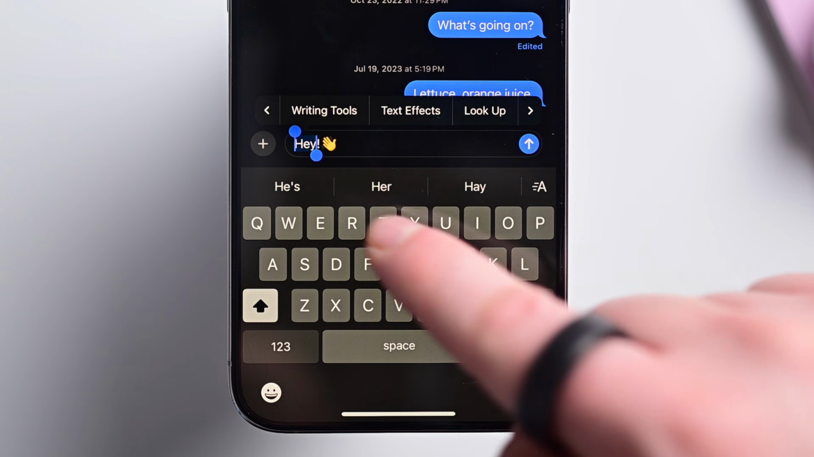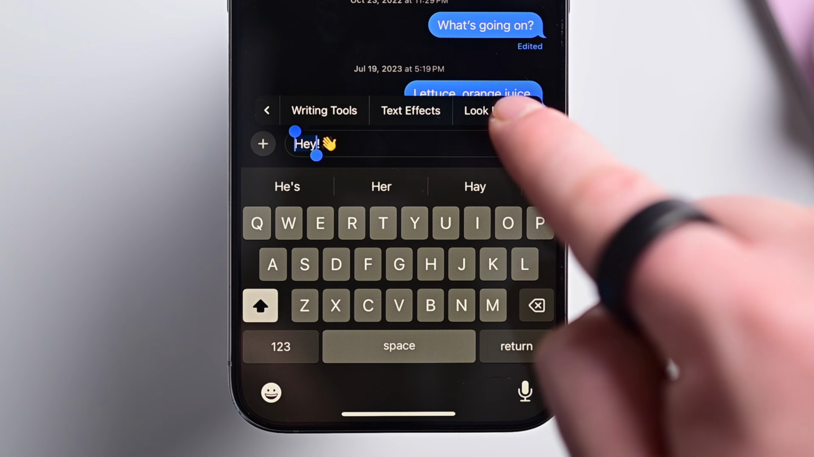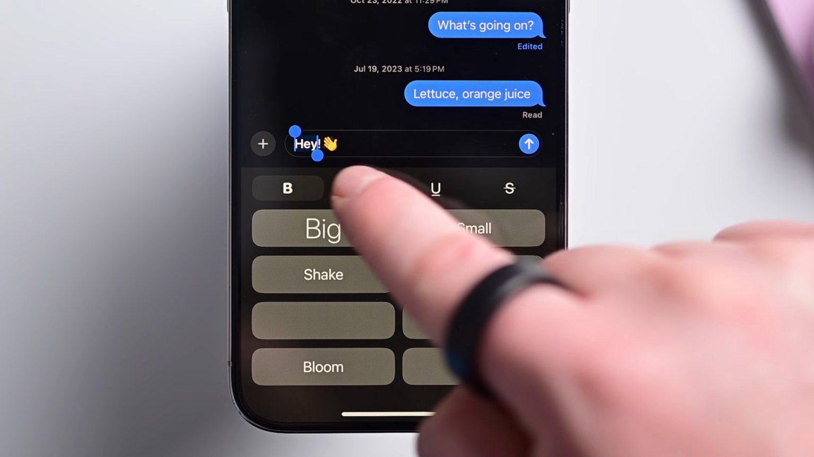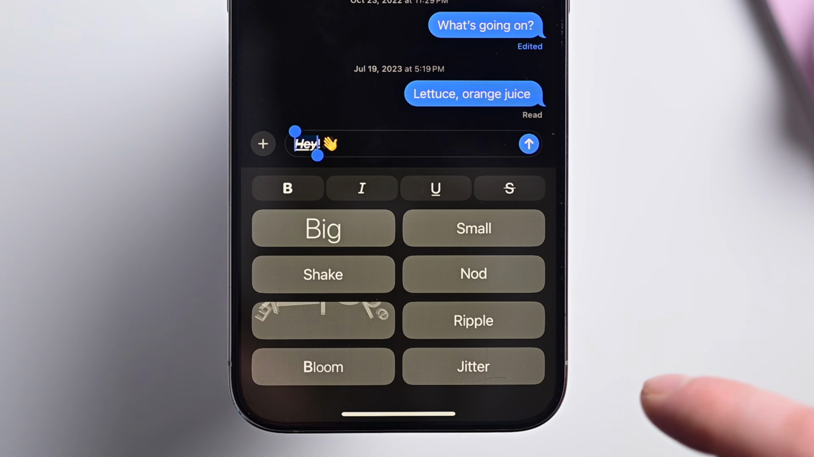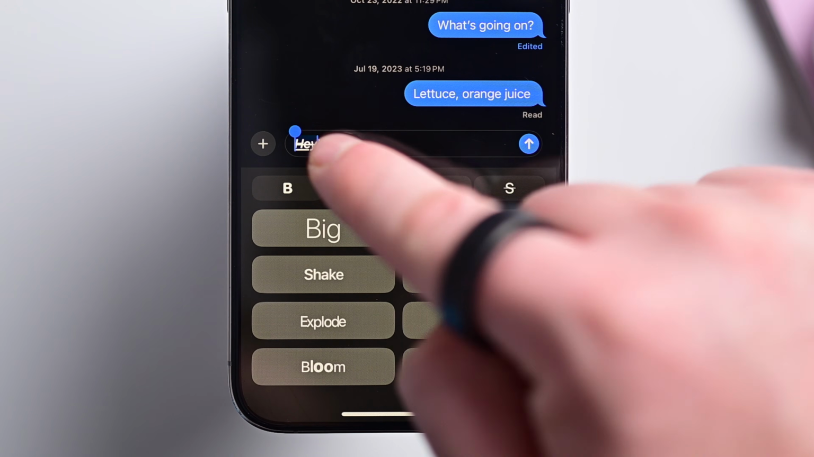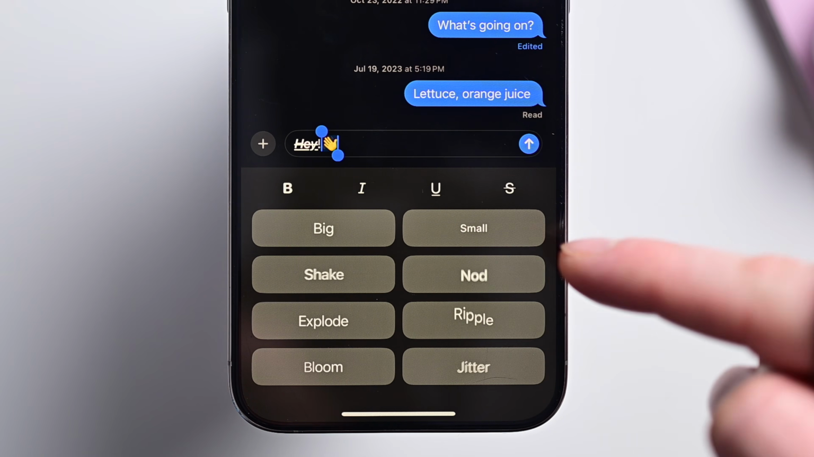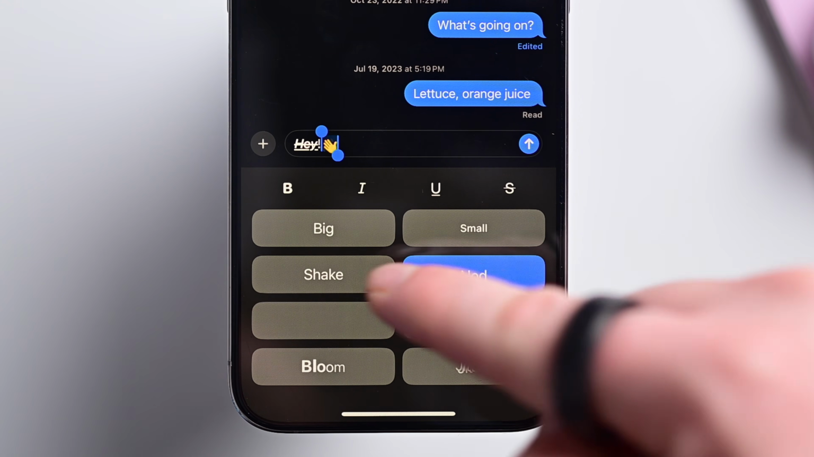You can get to it multiple ways. So there's text effects there. There's also format inside of these text effects, so I can make it bold, italics, underline, and strikethrough. All of those as well. Plus, all these effects work with emojis, so I can do any of these animations and do nod or shake